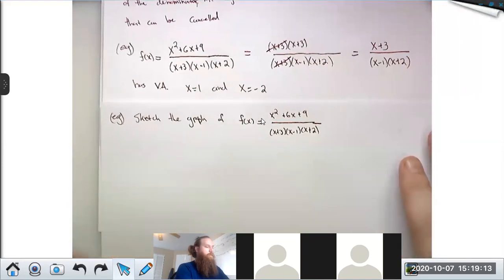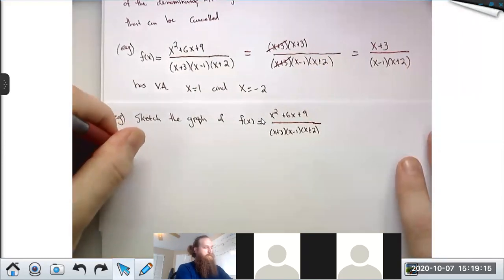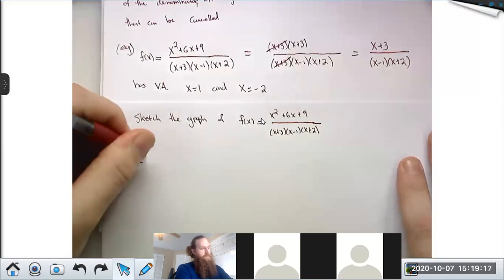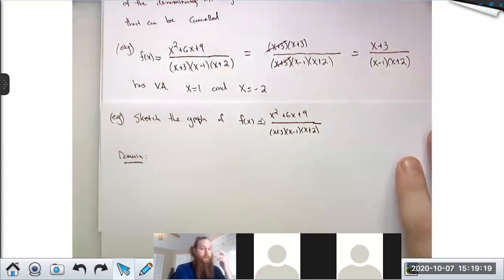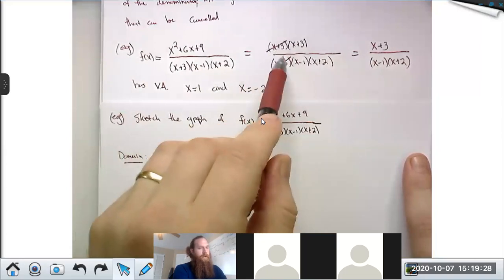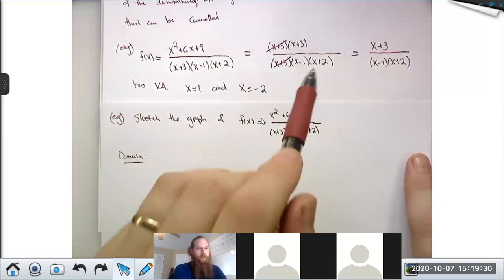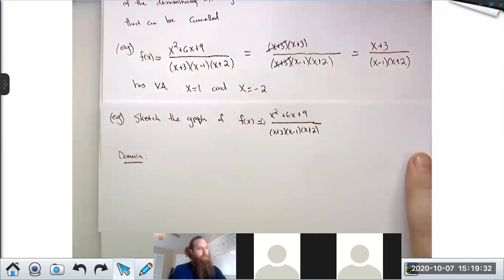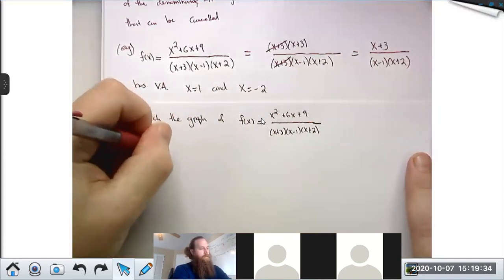First, I want to write down the domain. The domain is all real numbers except for those which make the bottom 0. And I have to use the original function for this. Just because this factor cancels doesn't mean it doesn't affect the domain. So that's all real numbers